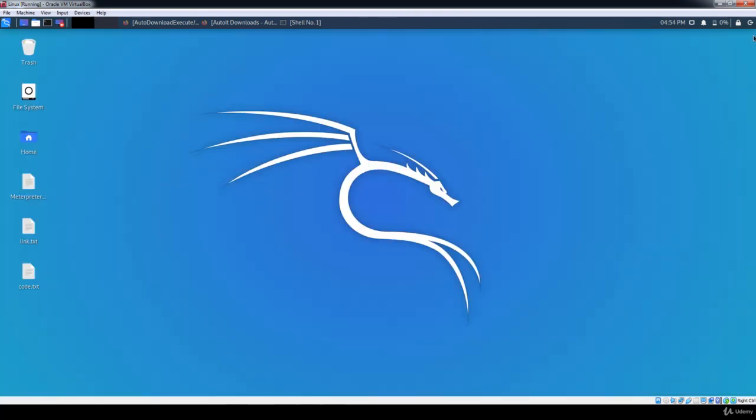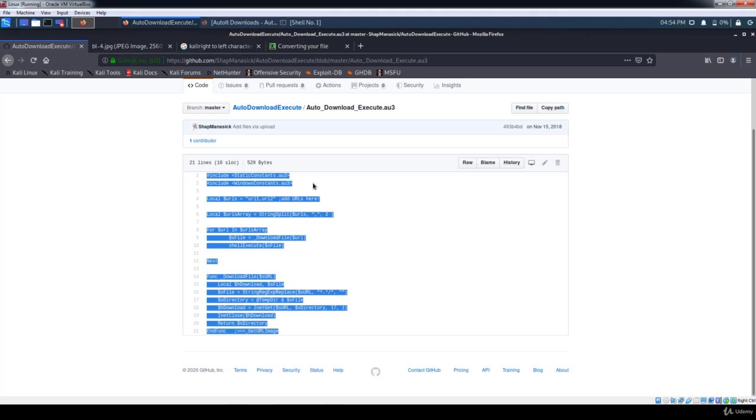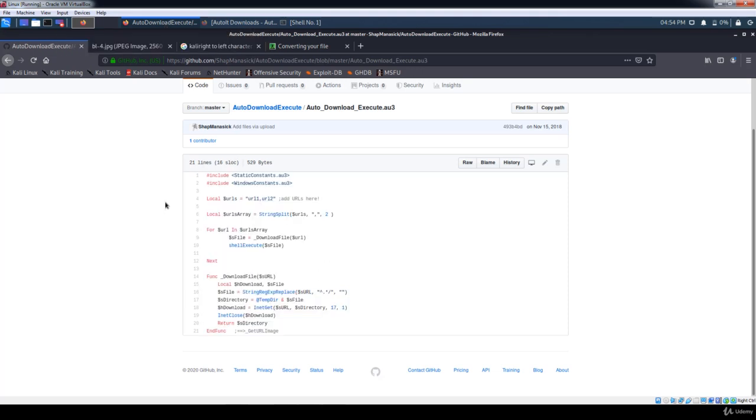The first step is we need to merge this file with icon file, and to do that, first of all, we need to use a script to download the backdoor and the icon image we want to download it. So from the GitHub page, we can find this auto download executable AU3. This is the extension of AutoIt application. So just copy this one as is